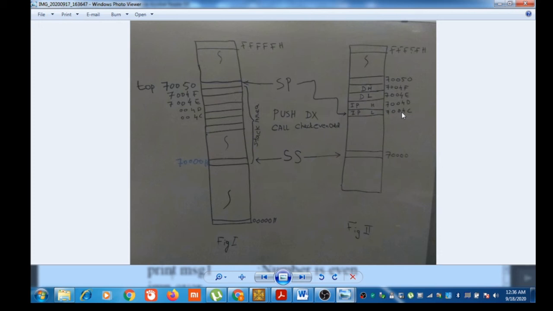SP was carrying the value 004C. Now BP also carries the value 004C. So incrementing by 2, it is getting the value 4C, 4D and 4E. Now BP points to this location where our data resides. So it didn't alter the stack contents.